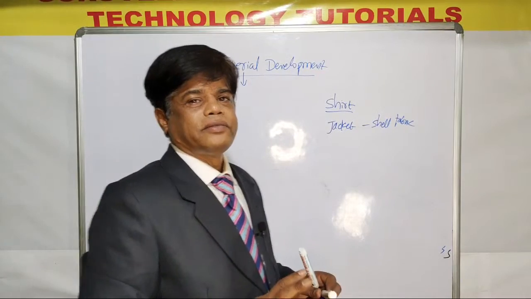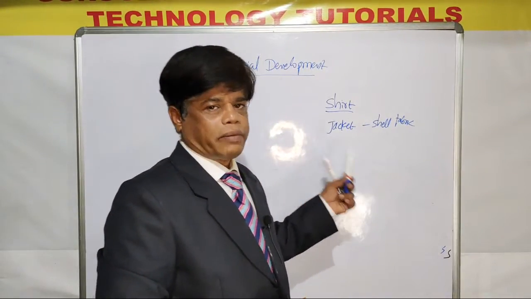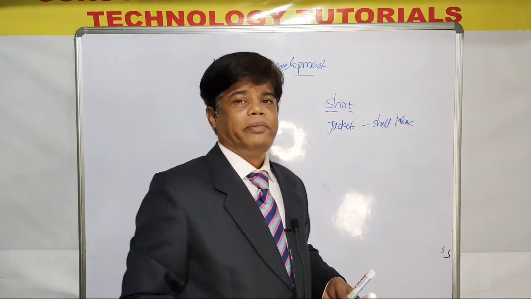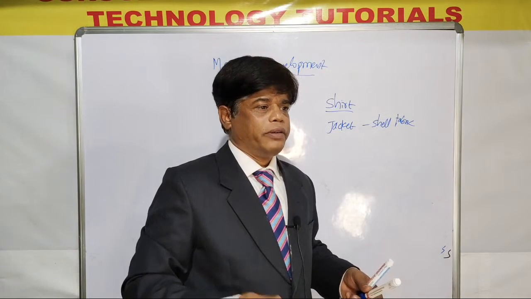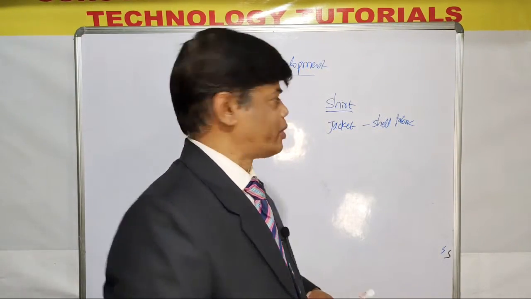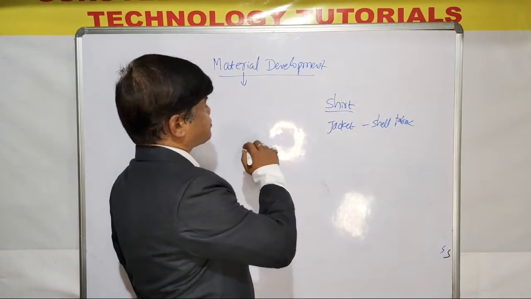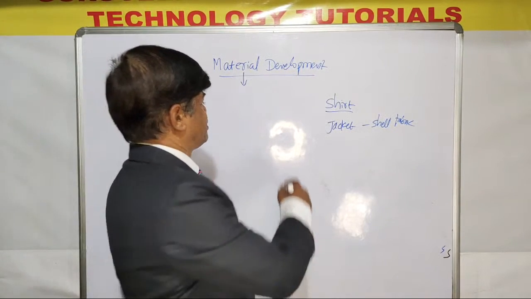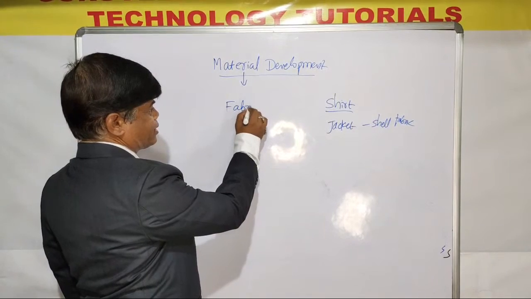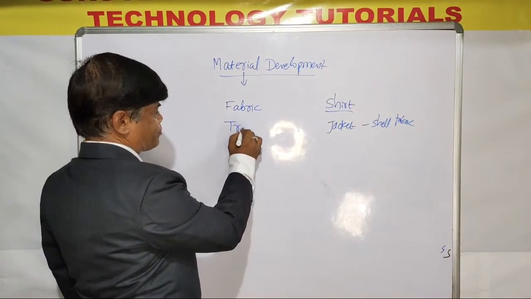In total, these are called the materials used for the product, a garment product, or any household product. Even a bag is like one of the apparel products, garment products, clothing products. So, in terms of sourcing, fabric is one of the main materials. Then trim items will be there.